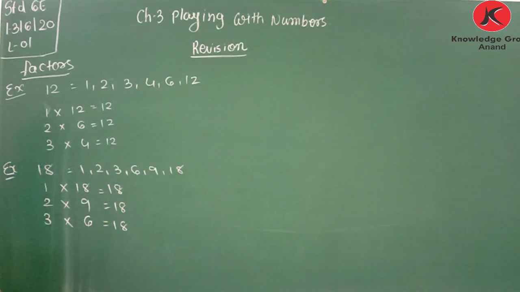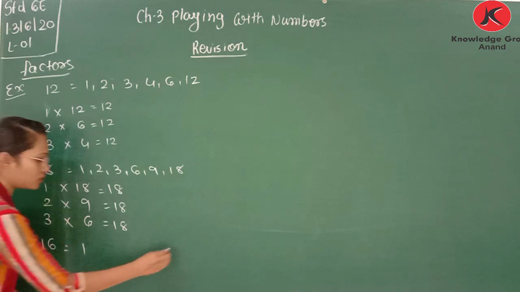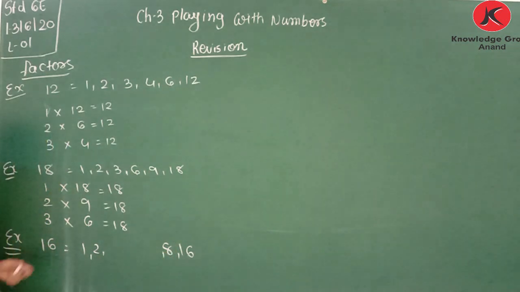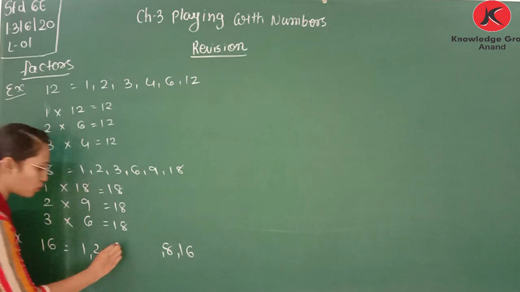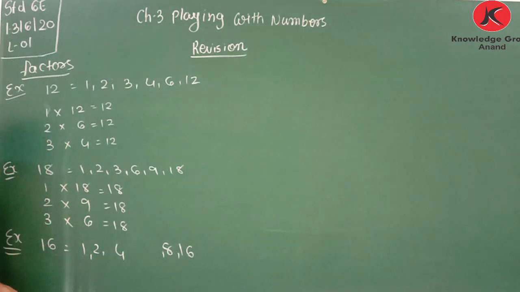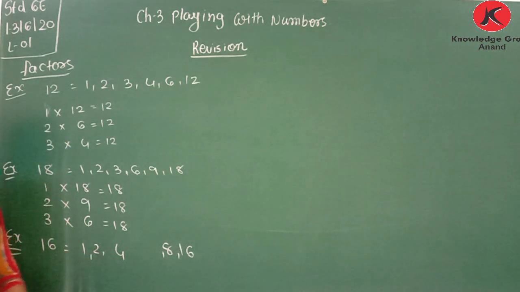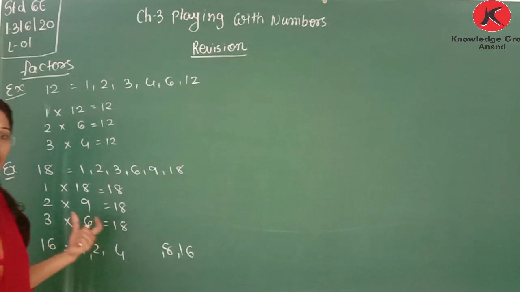If it is only about the factors, then you can write factors this way. Again take one example. Let's say it is 16. So 1 16s are 16. Then 2 8s are 16. Is it possible to have 16 in the table of 3? No. Then 4 4s are 16, but that will be the last step. After that we will not get 16 in the tables of 5, 6, 7, and 8 is already there. So the factors of 16 are 1, 2, 4, 8 and 16. So these are the factors of a number.